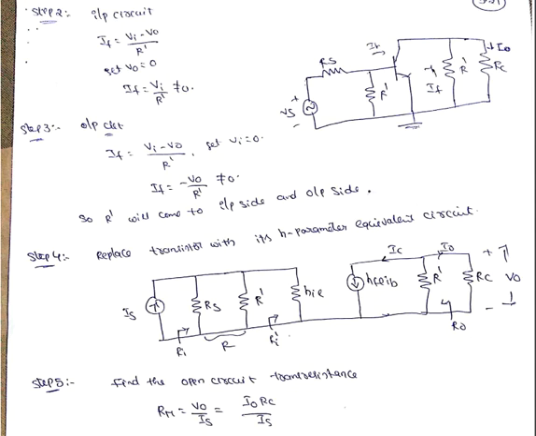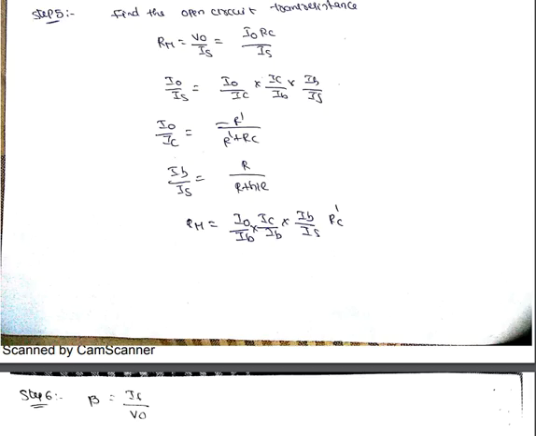Then this equivalent circuit by use of H parameter is as shown in this figure. The R dash is present both in the input and the output. So now if you find your open circuit transresistance, that is Rm is equal to V0 by Is. So that is V0 across your RC, so V0 we can write as IC into RC by Is. So this is a calculation for your Rm.